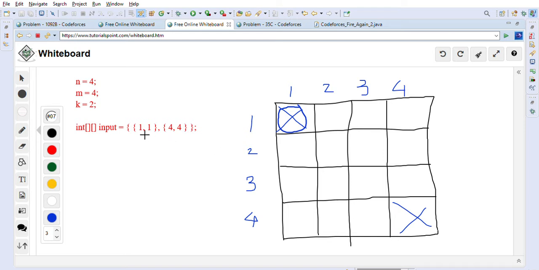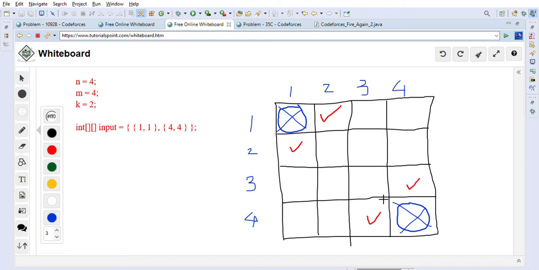As you can see, the coordinates given to us are (1, 1) and (4, 4), and these trees first start burning. So what happens once they start burning is they will spread the fire. How will they spread the fire? Horizontally and vertically by one cell, because the fire spreads at distance one. So now this tree will burn, and this tree will burn in the next minute, as well as here also this tree and this tree will burn in the next minute.